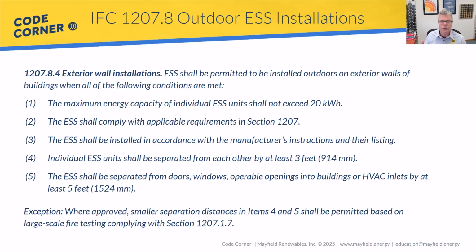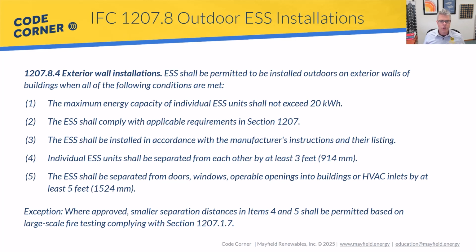If you watch other videos, we talk about this 3-foot separation a lot. Seems like everywhere we talk about it, it's at least a 3-foot separation, if not more. And so this is the individual units need to be separated by 3 feet. And then this last one is we have to separate from doors, windows, operable openings, and HVAC inlets by 5